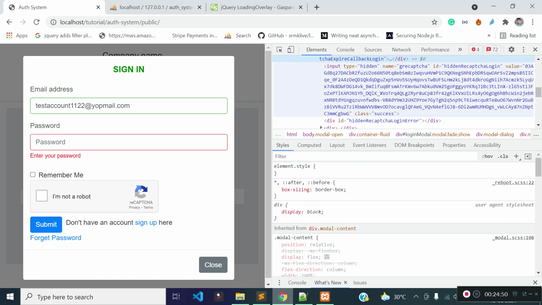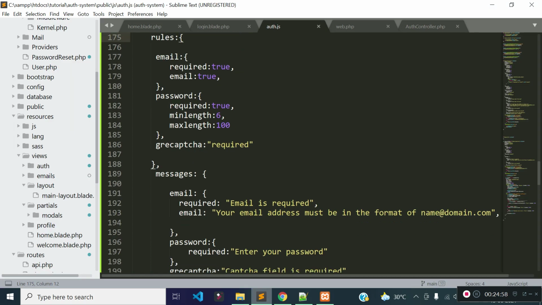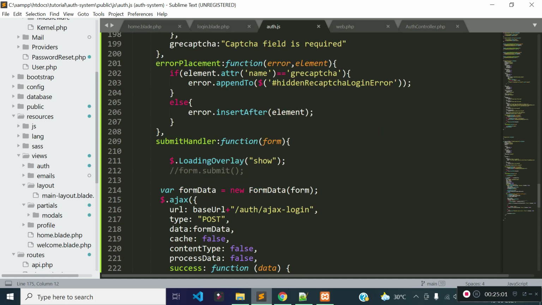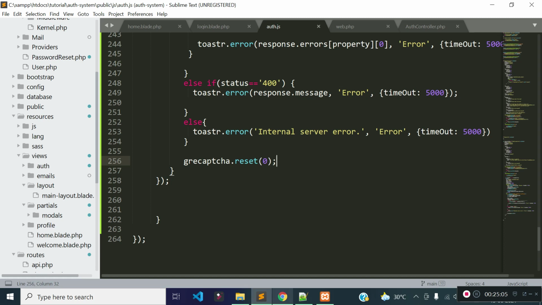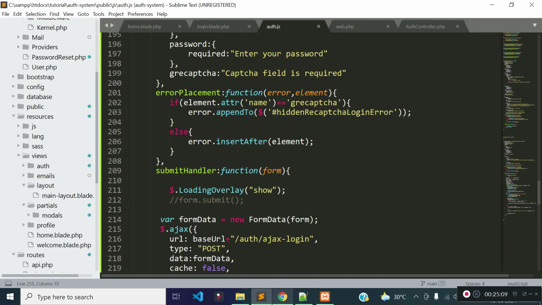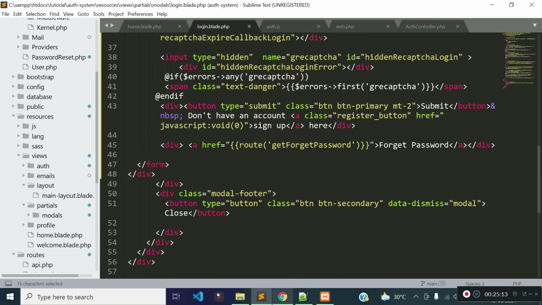You see, I am resetting Google reCAPTCHA, but inside our hidden field the value is still there, right? So what I will do, if I open our login form, we'll find this hidden field, hidden reCAPTCHA login.